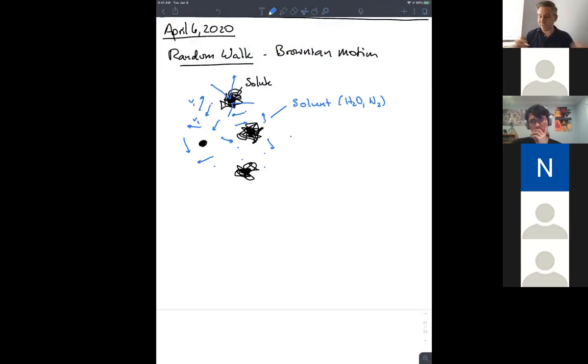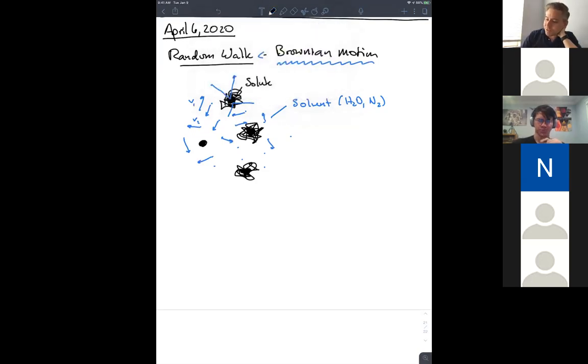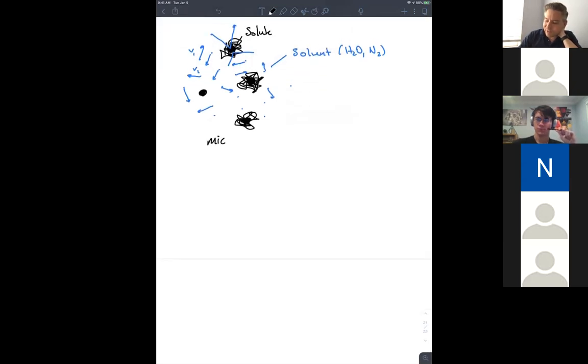All right, so now we are going to model this Brownian motion as a random walk, what's mathematically referred to as a random walk. What we're talking about here is how each one of these particles moves from a microscopic viewpoint. So this is the microscopic picture of what's happening. And what I'm going to show you is that using statistics, specifically statistical mechanics,